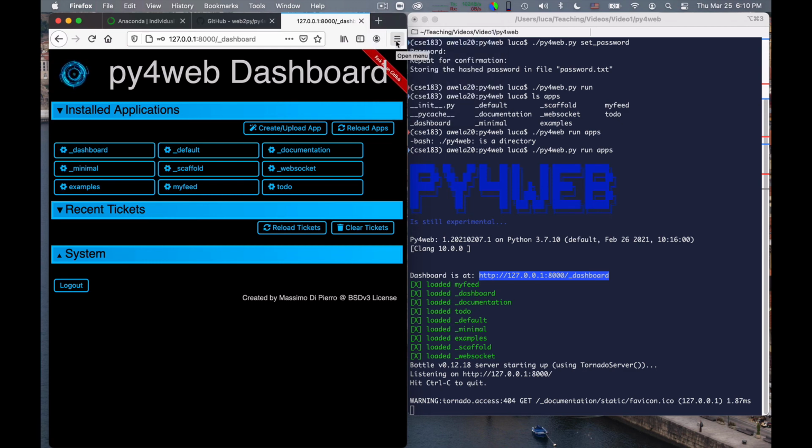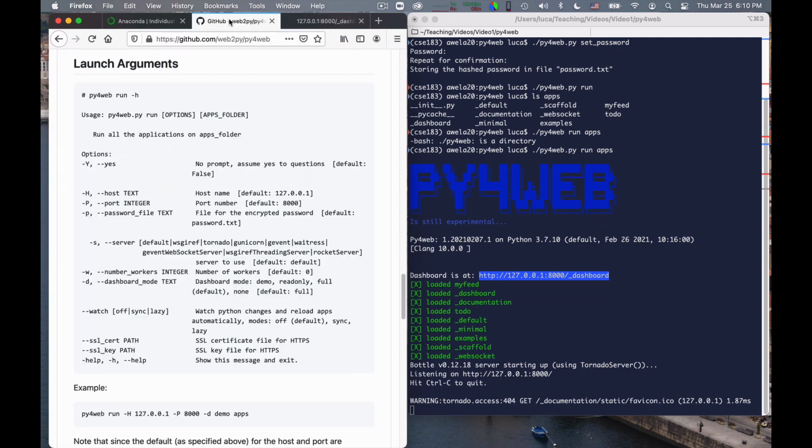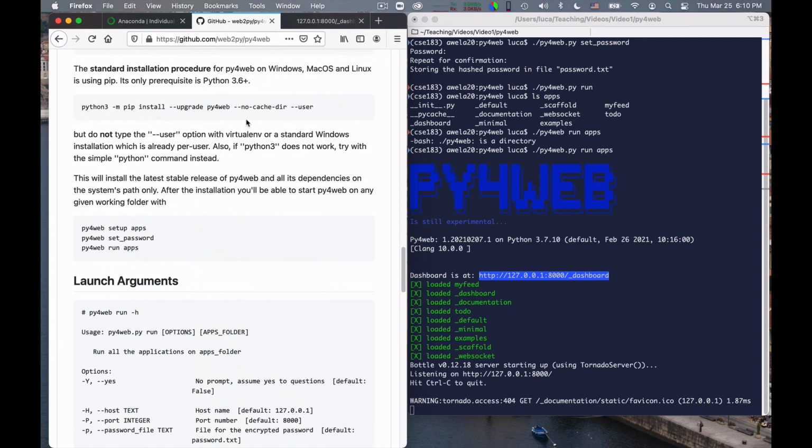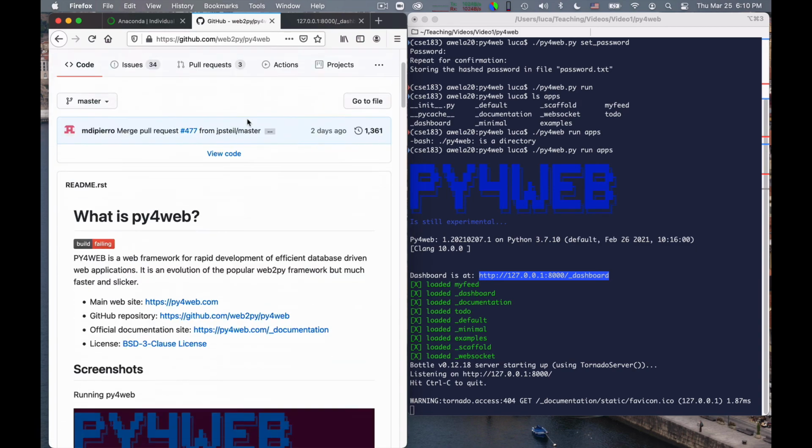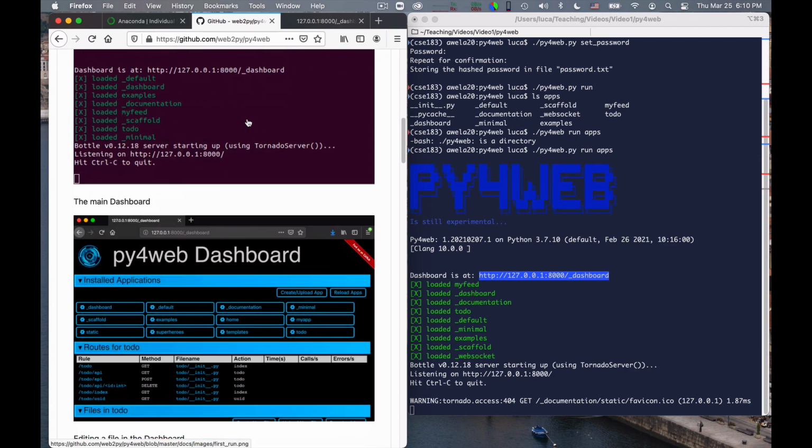Now, some of you may be wondering why I told you to install Py4Web in this way, by cloning the Git repository and installing the packages by hand, rather than following the instructions here on the Py4Web GitHub site. Okay, here are instructions for the installation.